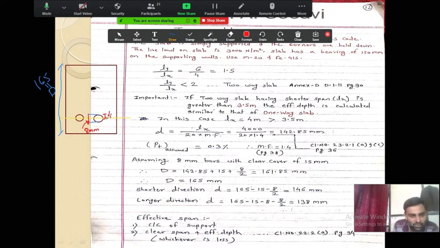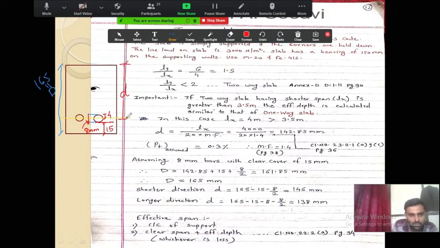If this total is 8, this is 4, and down here also it will be 4, same way here. Okay, so if this is 4, then we have assumed our clear cover. So here from this point our clear cover starts at the bottom, and this clear cover is 50. And what we can say is small d: the distance from here to this point and this point to this point is our small d.